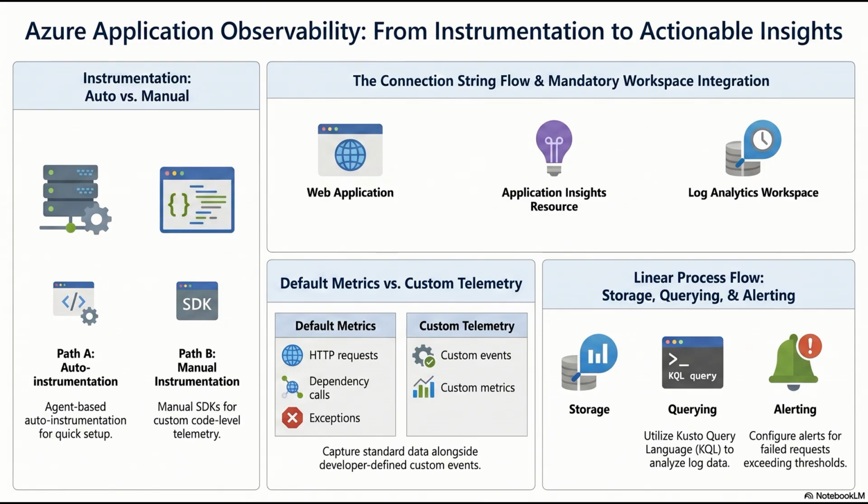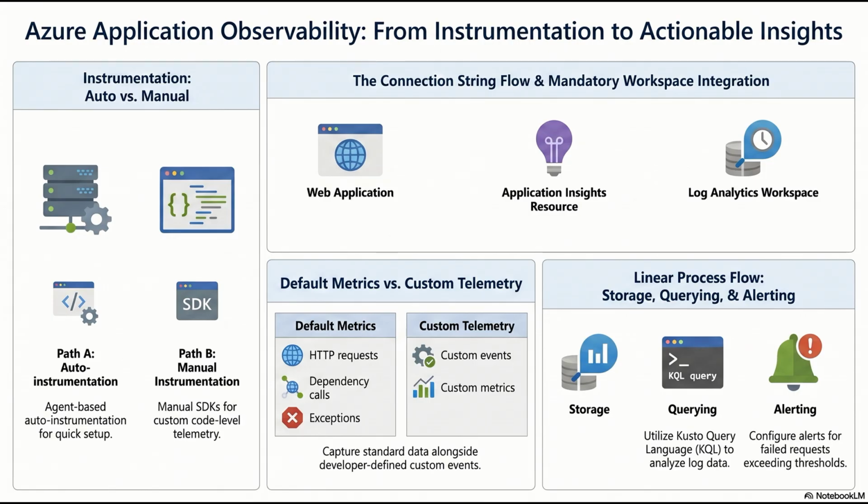You implement the stack. You provision a centralized log analytics workspace to serve as the unified brain. You deploy the Application Insights SDK into the web application code to capture the HTTP requests, and crucially, the dependency calls to that SQL database. Get the pipeline flowing. Yes. You configure the app service and the SQL database to stream their platform diagnostics natively to the workspace. And finally, you author KQL-based log alerts and metric alerts tied to action groups to notify the engineering team the moment database latency exceeds your acceptable threshold.